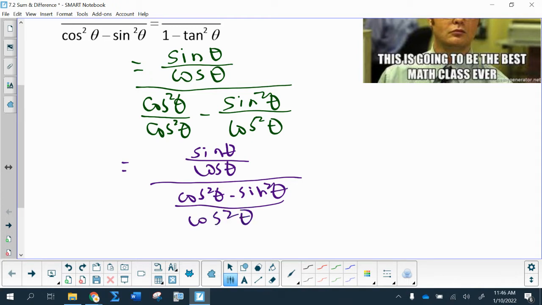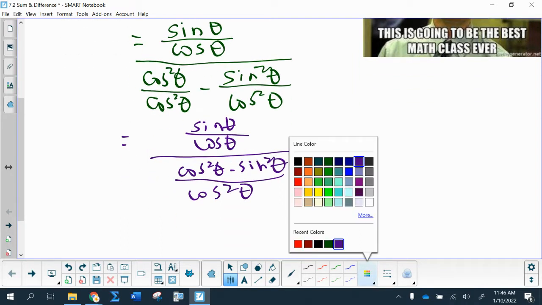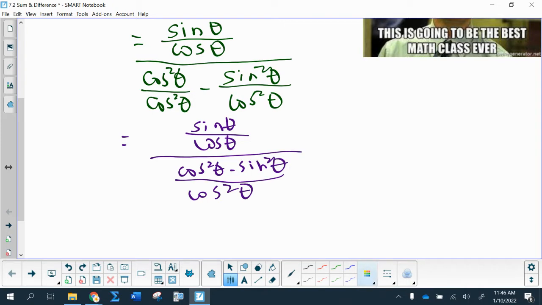And this is getting closer to looking a lot like what we have up here. So I feel like we're pretty close. So I think my next step then will be to multiply the numerator and the denominator by the reciprocal of the denominator. So I'm going to multiply by cosine squared over cosine squared minus sine squared